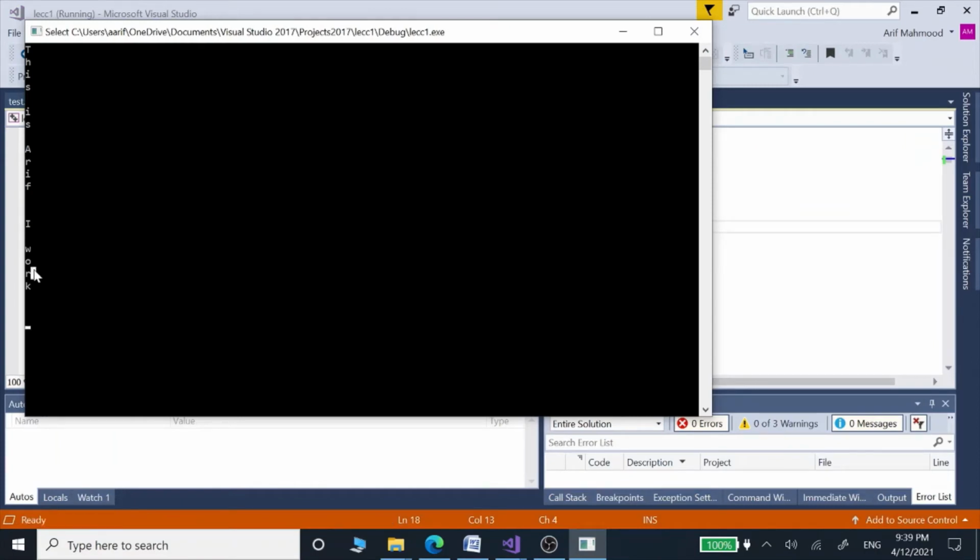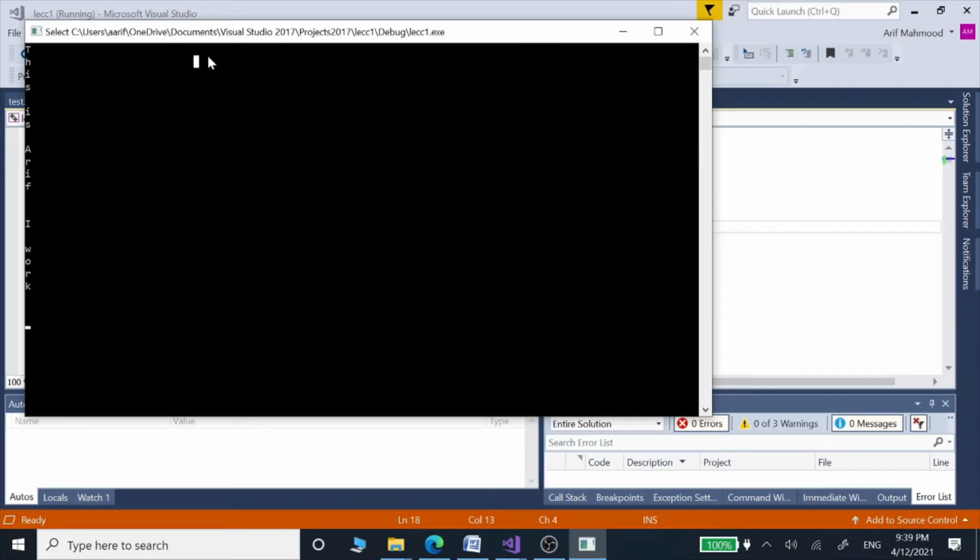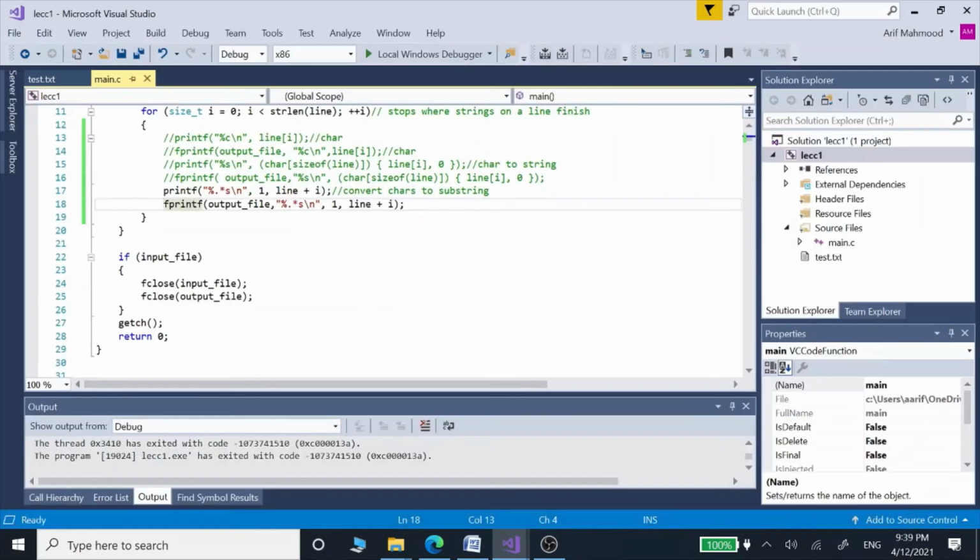We still see a single character, or letter, on each line only because we have given one here.